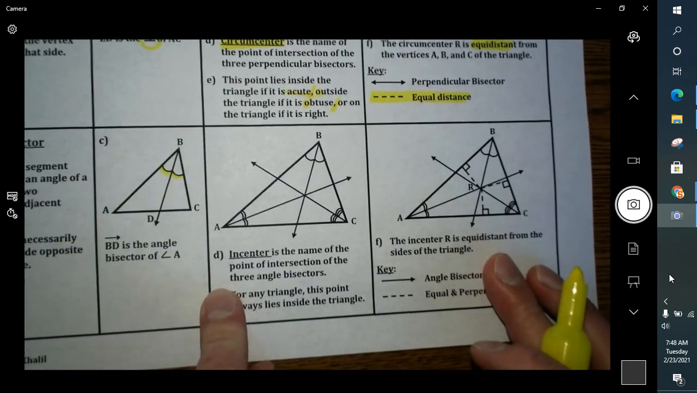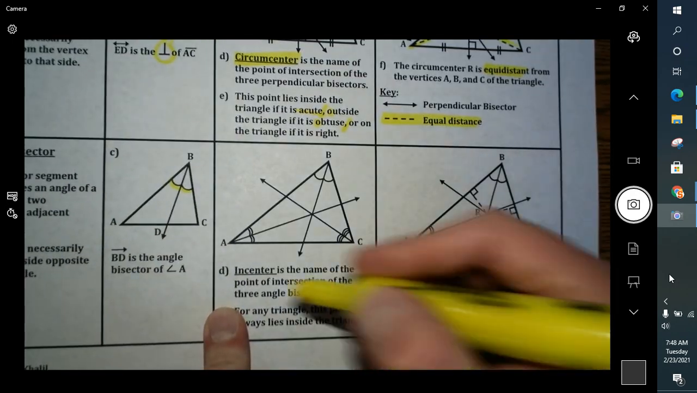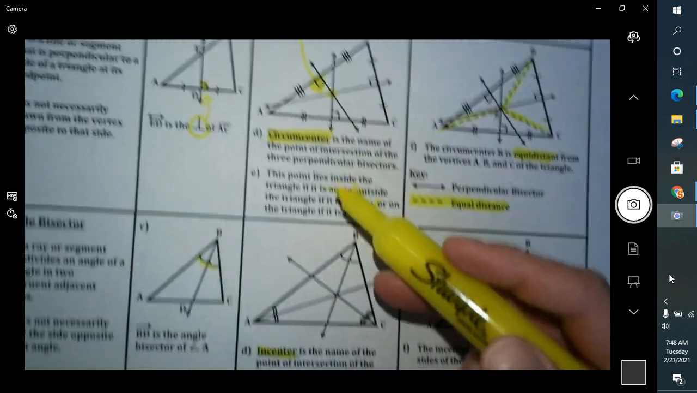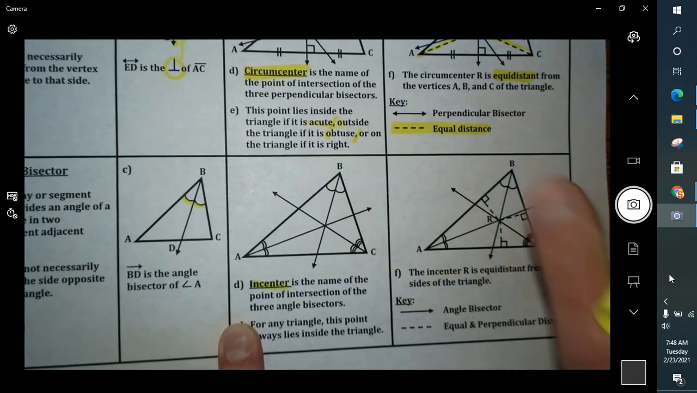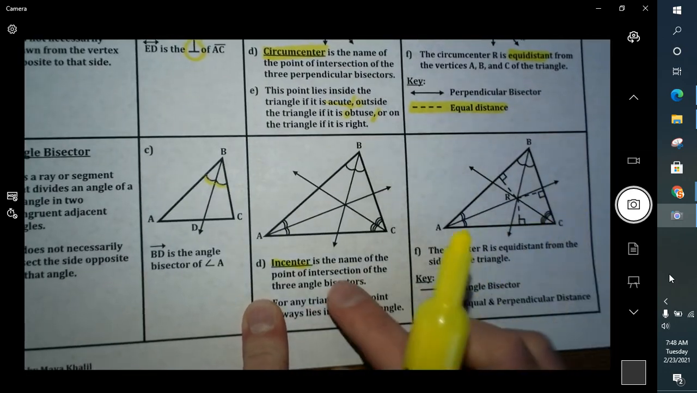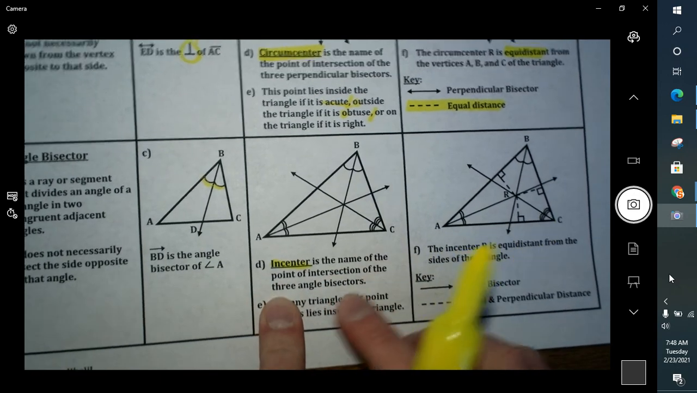All right, and then we have another vocabulary word here. So this is similar to the circumcenter, but it has to deal with our angle bisectors. When we have all of our angle bisectors intersect at that